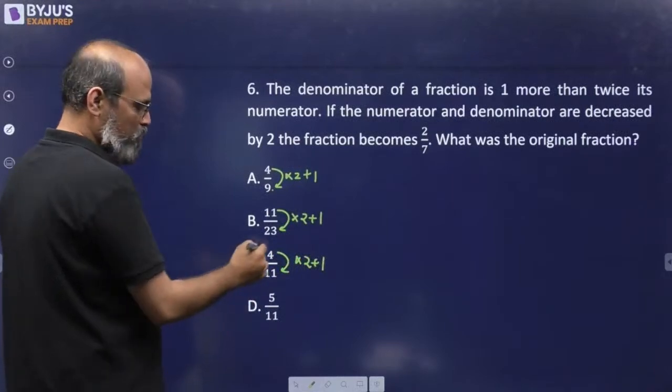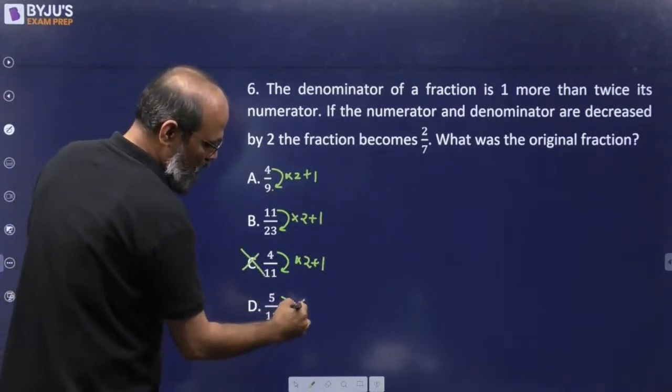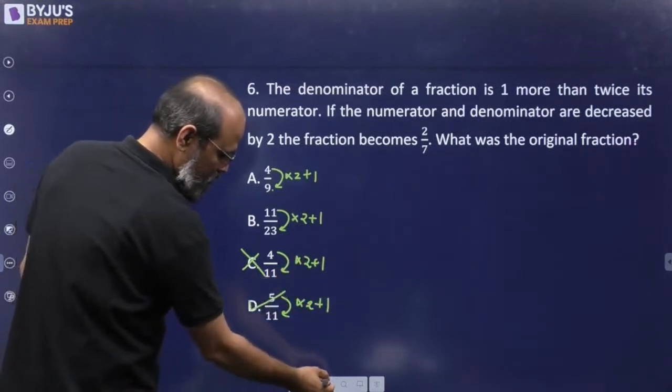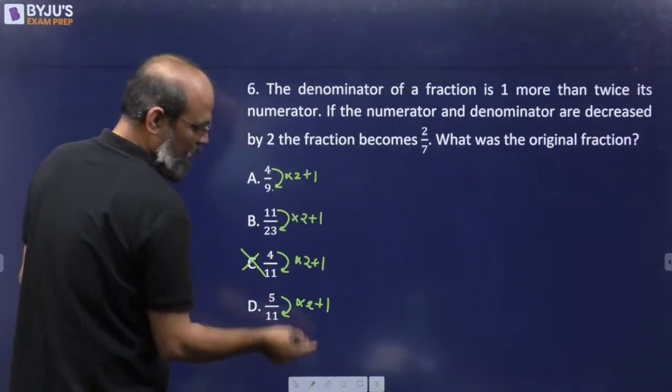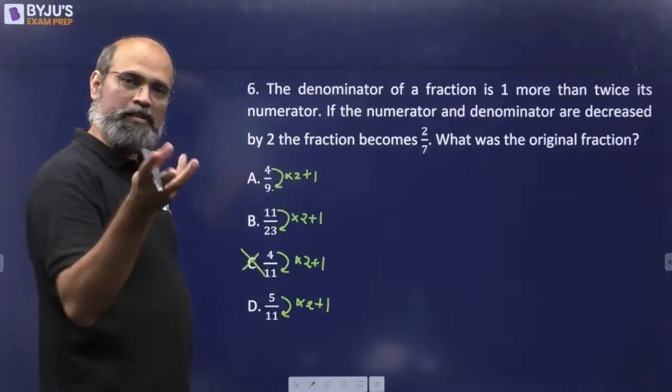11 होता है क्या? No. 5 into 2 plus 1? Is it 11? Yes. Sorry. Can't take it. मतलब ये होता है. So using the first statement itself, we were able to figure out कि 3 में से एक कौन सा option